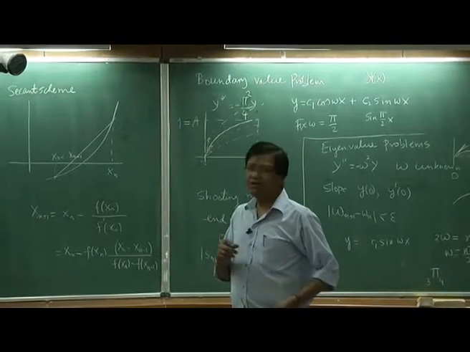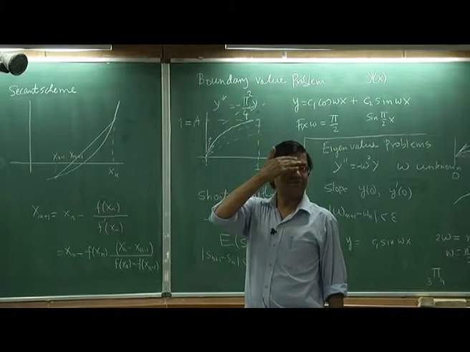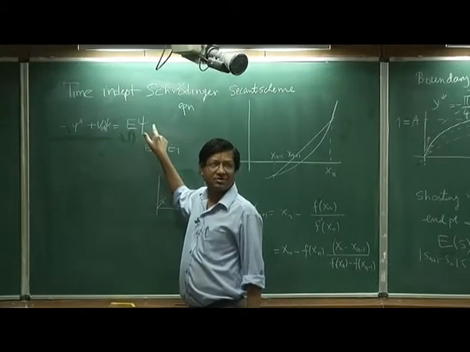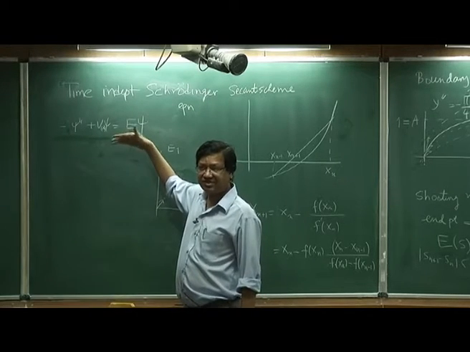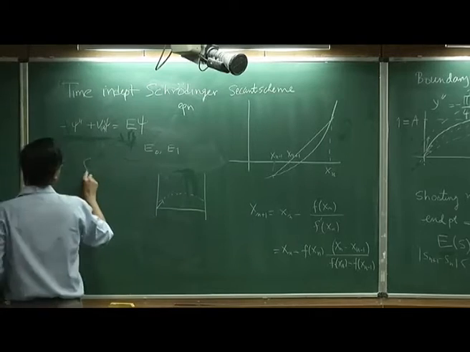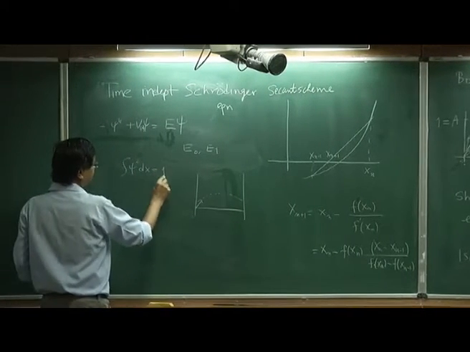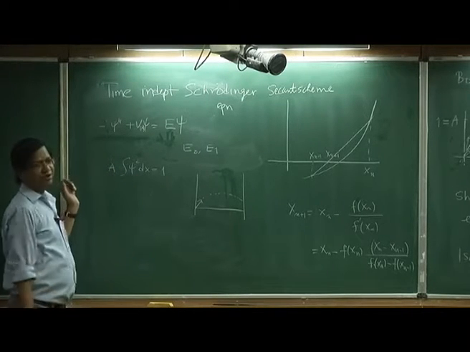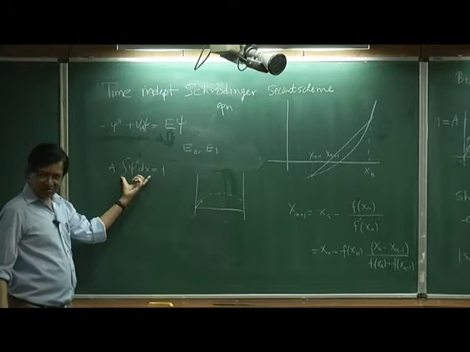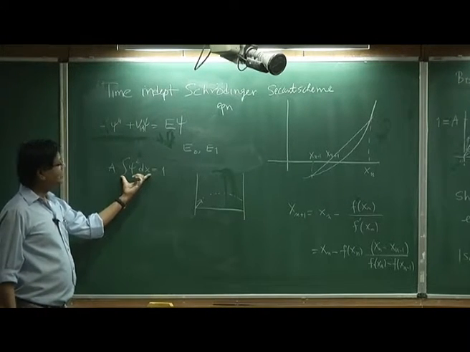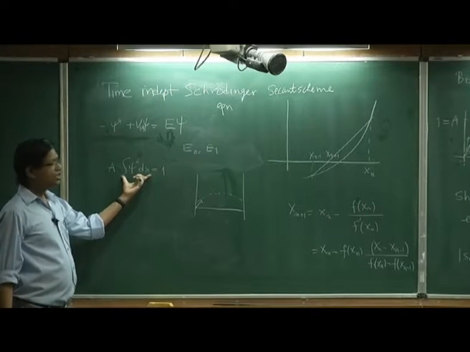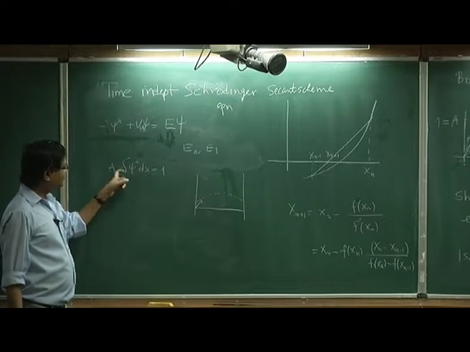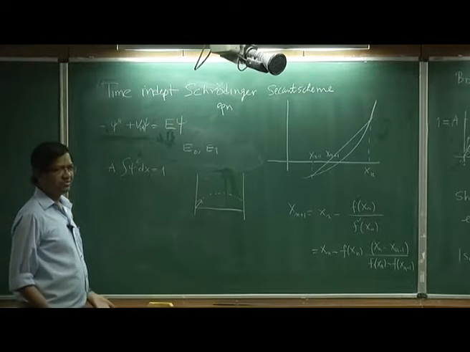Now the problem will be how to find the amplitude of psi, because psi can be multiplied by any factor. Correct. If psi is a solution, alpha psi is also a solution, that is where you implement the integral of mod psi squared dx. So what should A be in such a way that this is equal to 1. So you take your numerical solution and find this to be, let us say, half, then you know how much psi should be corrected. So its correction is A. So you absorb this A into psi, that is it.